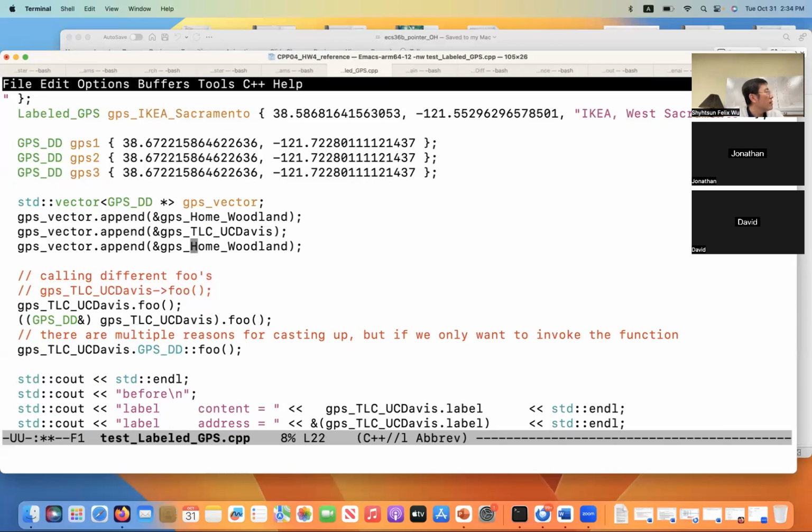We don't have to manually upcast it when we try to work with it as a GPS DD object. It'll automatically upcast. Well, then that makes sense. Right. So that's why when you go through the loop,